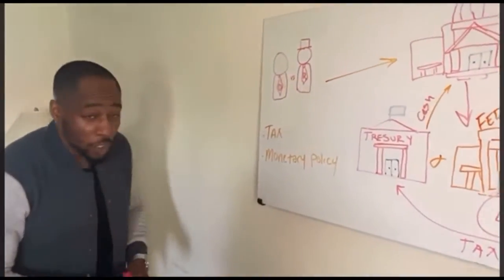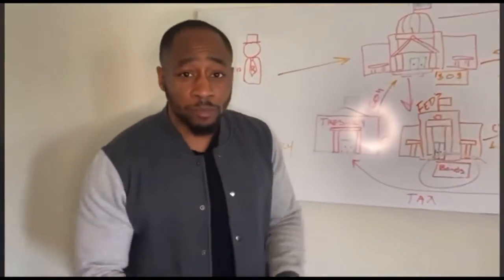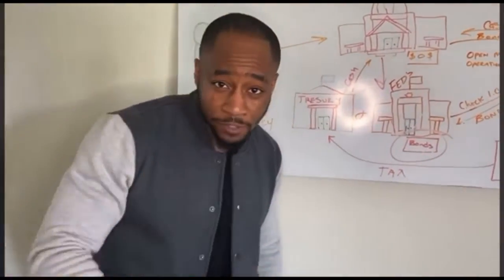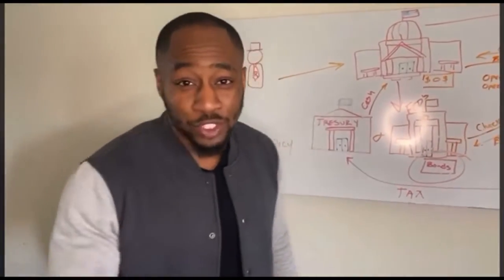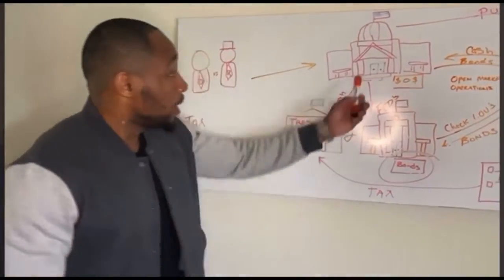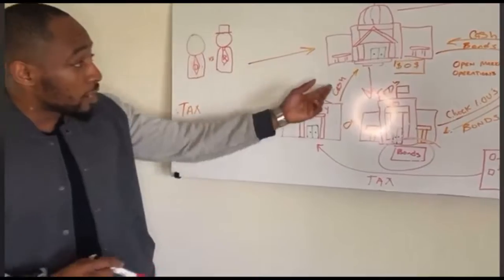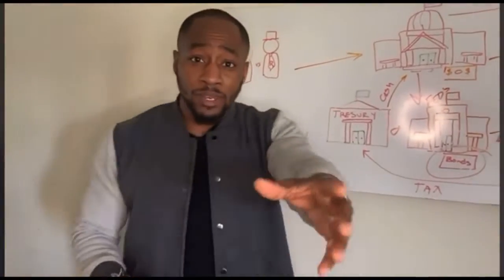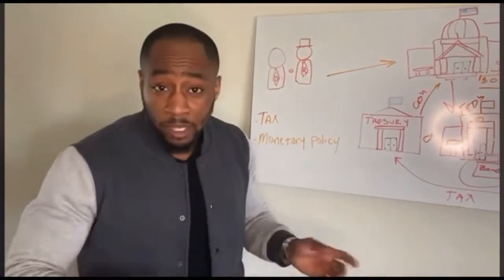Essentially, the politicians go to the government and vote for more deficit spending. Deficit spending is basically us spending more than what we actually have. Here's how monetary policy works. The government hits up the Treasury and says, hey, we need about $10 billion, because that's how much free stuff we promised people, and that's how we need to pay for it.